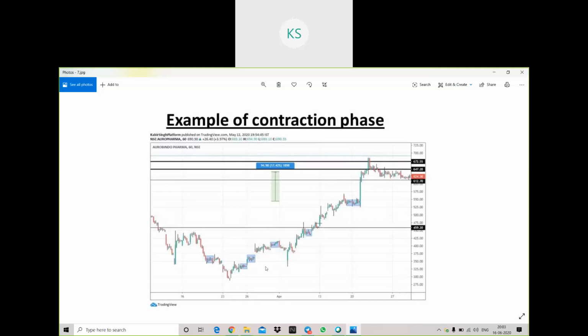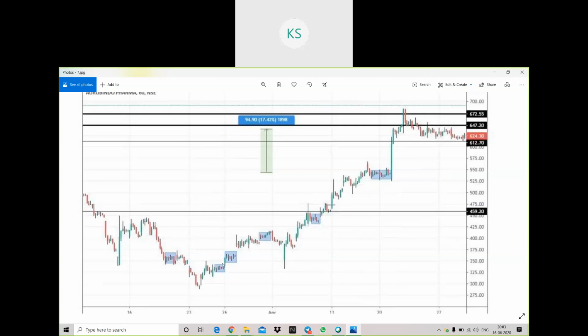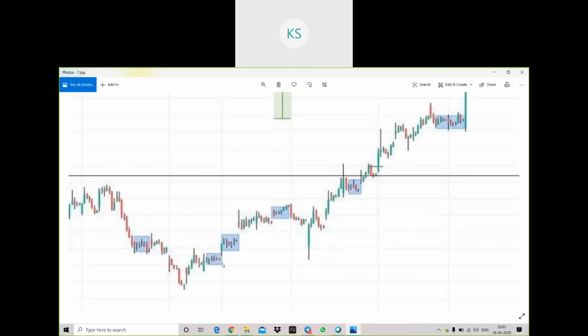So the highlighted part here, if you see, is all consolidation. All candles here in the highlighted part have very small bodies. I'll just zoom in a little bit. Okay, we'll go to the main charts also, but for understanding, just see the examples before we move to the live examples. So if you see, all these parts have very small bodies. The picture is not very clear, just manage with it. I'll show you more examples on the chart.